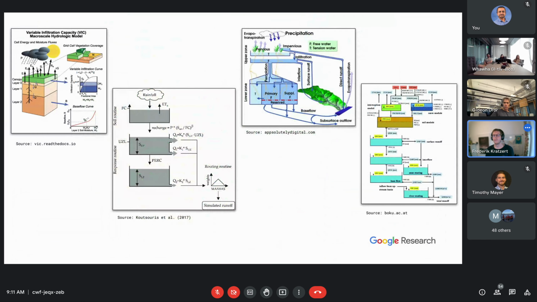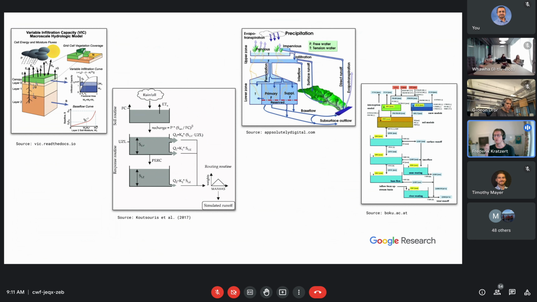And in the last decade, hydrologists developed a plethora of physics-inspired or conceptual hydrology models. The most common models are so-called bucket-type models. In these models, there are different states that are really conceptualized as a bucket for snow or soil moisture or groundwater.